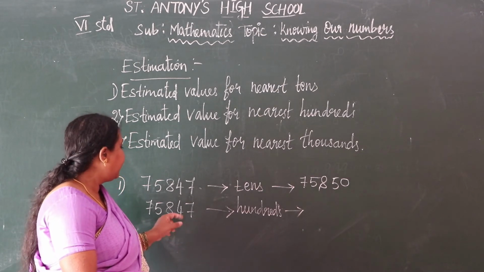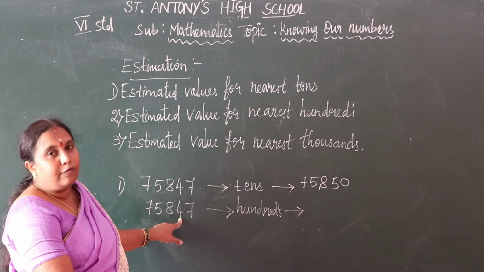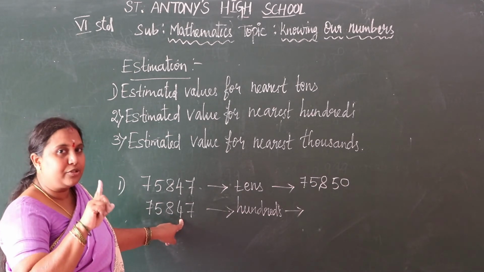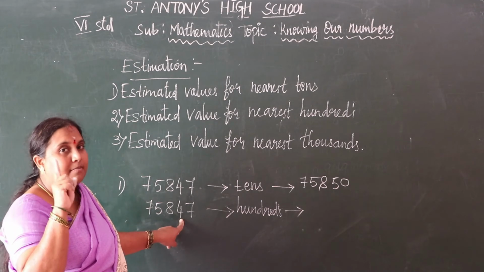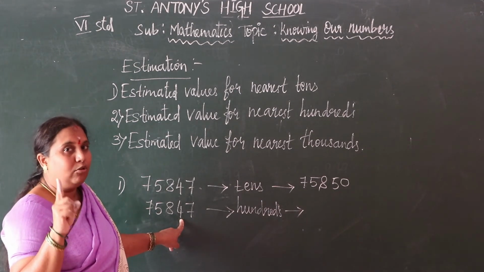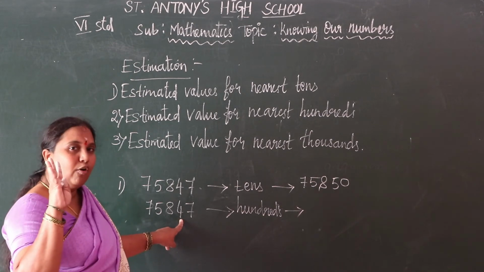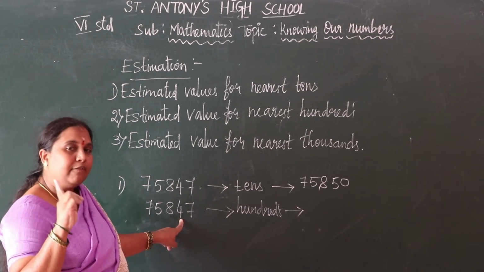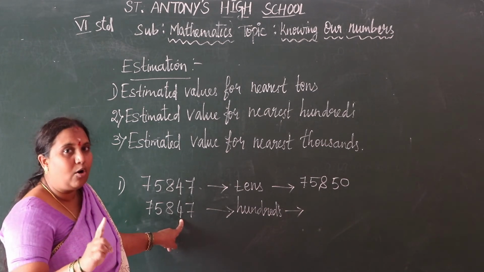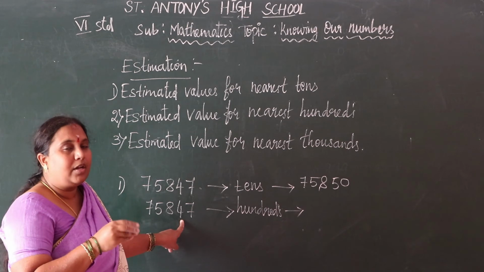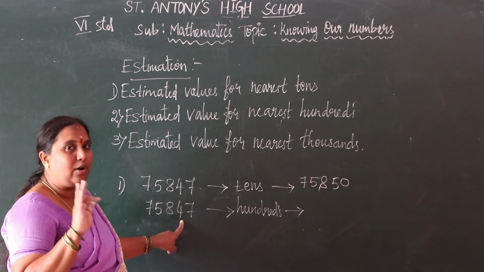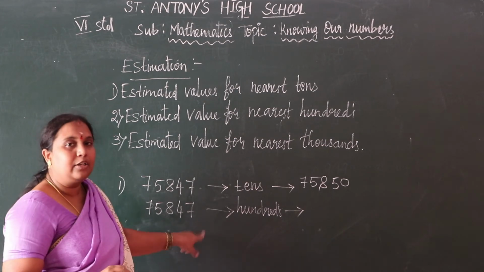What is the number here in tens place? 4. So 4 comes in first rule. Keep it in your mind which numbers come under the first rule and which numbers come under the second rule. Okay, 4 comes under first rule. So in first rule we round it off to 0, and we are not having any conditions in first rule. So we round it off to 0 as it is in tens and units place.